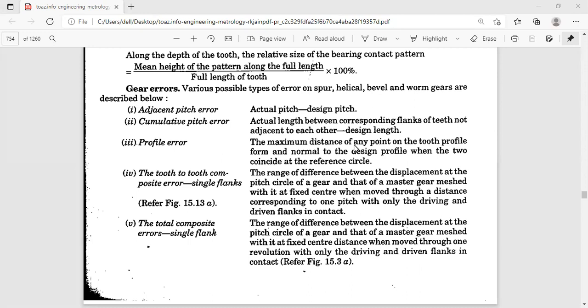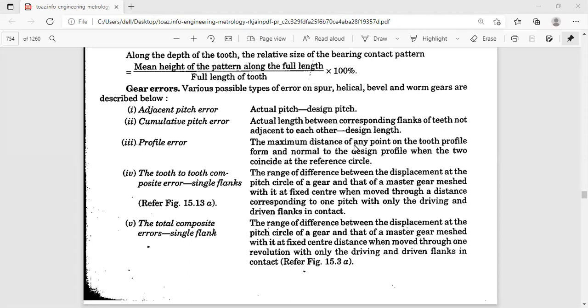So profile error means the maximum distance of any point on the tooth profile, normal to the design profile. Normal means it is perpendicular. So when the two coincide at the reference circle, here, if the reference circle is not specified, you take that as the pitch circle.